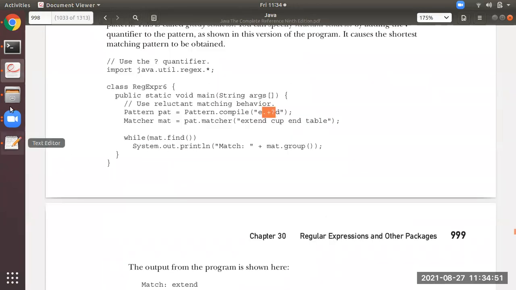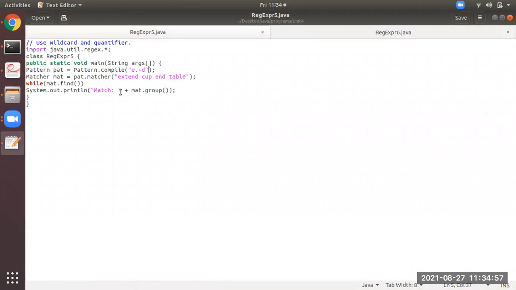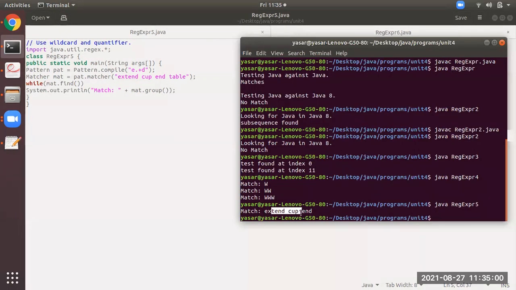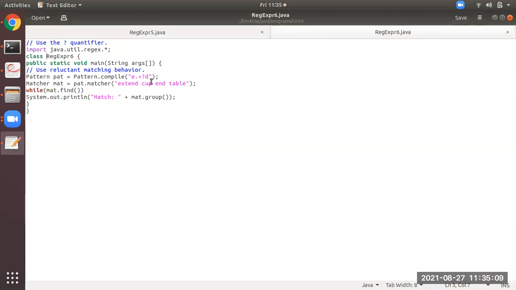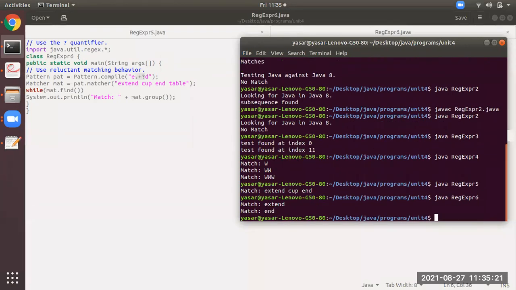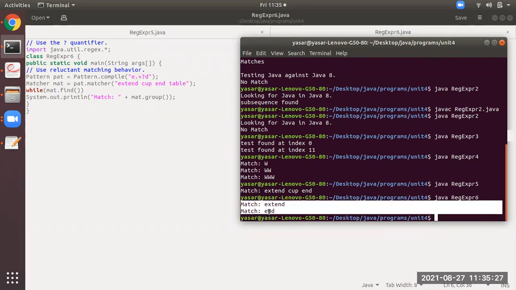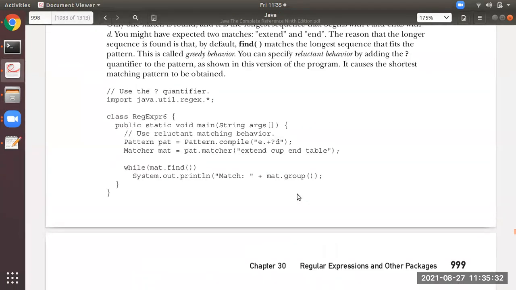So what to do, students? I will open the program. The sixth one. See, this is the fifth program. With this, you can see this output. The complete thing it is showing. Why? Because of this. But now I'm clicking on this one. See my mouse, I'm clicking here. This is using another quantifier. You see, apart from dot and plus, it is using the question mark also. So now let me run this program. I'm writing 6 over here. See, it is able to give you only the words. So this is known as reluctant behavior.